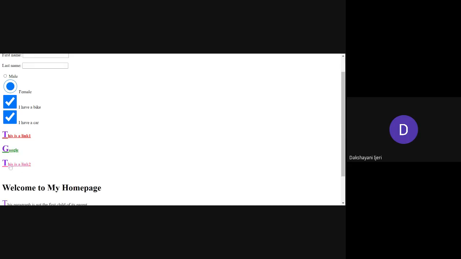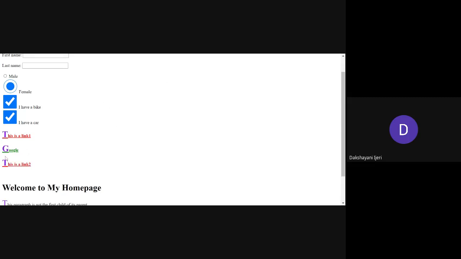You can see the difference in the change of color here. If I place the cursor over here, you can see it changes to pink color, right? Suppose I click but have not yet released the click, that is the active state. So if I just click on it, it changes its color to blue, right?